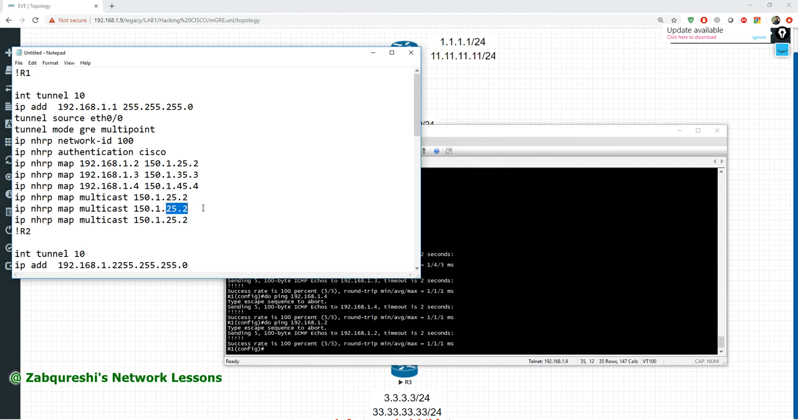this should be 35.3, this should be 45.4. So this is on R1. Then I'll say router EIGRP 100, no auto summary, right? No auto summary, and then I add the network command. Network